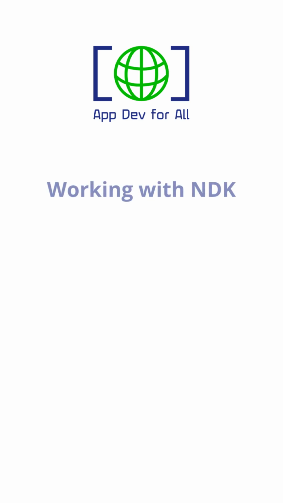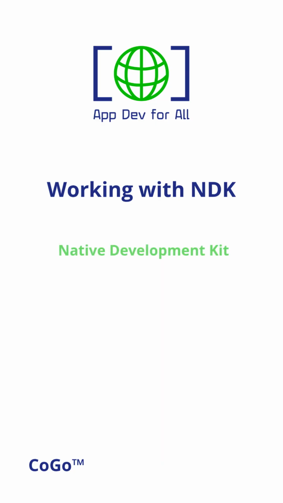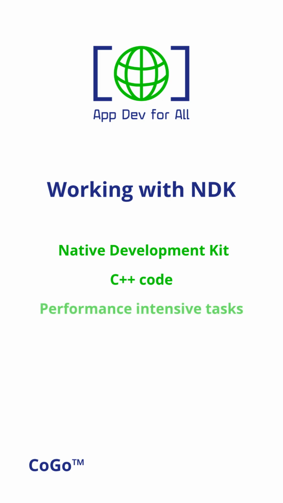Welcome to working with NDK in Code on the Go, or as we'll call it from here on, CoGo. In this video, we're going to create an Android project that calls a C++ function and displays the result on screen. NDK stands for Native Development Kit. It lets you write parts of your app in C++, which is compiled into native machine code that runs on the device. This makes it well suited for performance-intensive tasks, working with existing C++ libraries, or crafting more precise behaviors